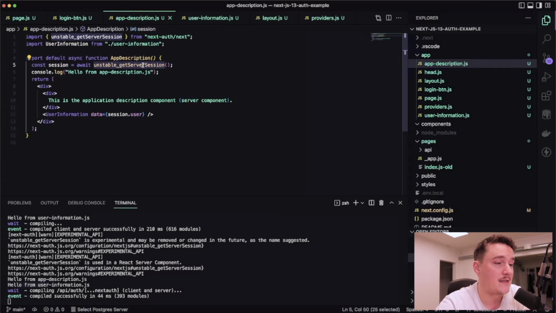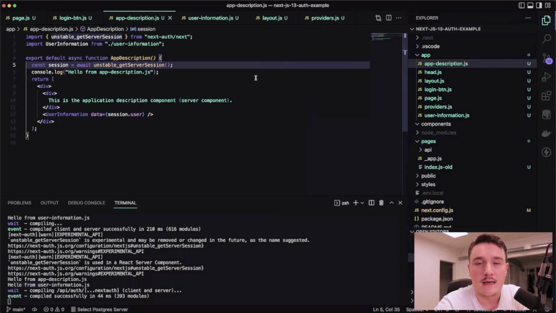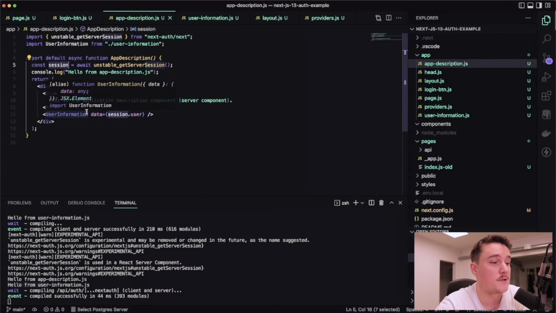But again, I just want to remind that it's still unstable, so there might be changes or it can even be removed. So just keep that in mind when using it. So with that function, we get the same session information inside of a server component, and we can use it